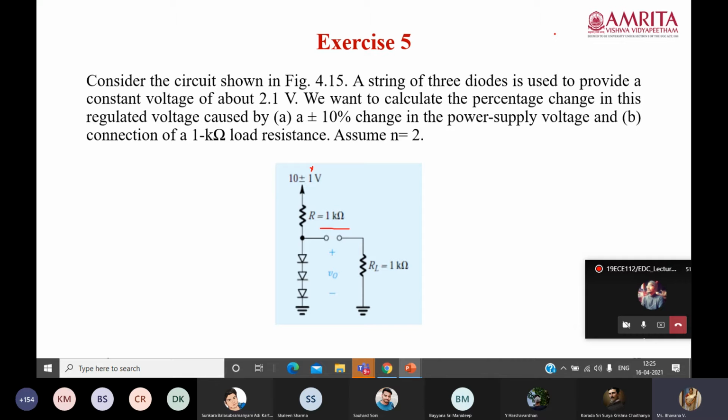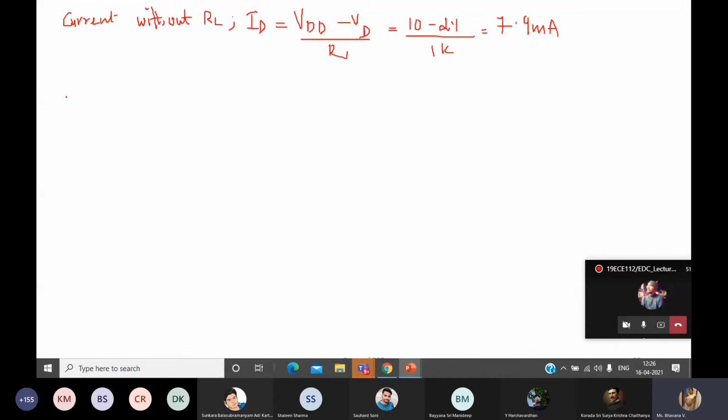So from this circuit, from this question, what did you understand? See, they did not mention which model you have to use, but some hint is there. So this is based on which diode model? This is the hint. Ideal constant voltage drop model. Constant voltage drop model can be used as a voltage regulator. Like that, did I teach you? Small signal diode model. Whenever you are using small signal diode model, no need to think anything.